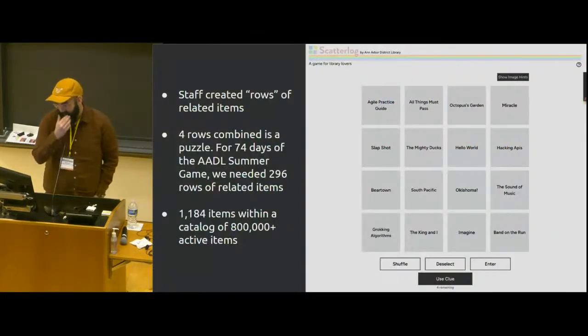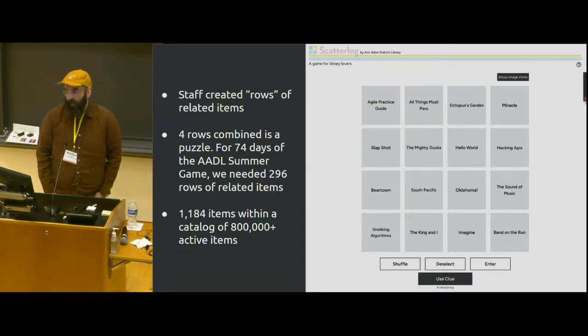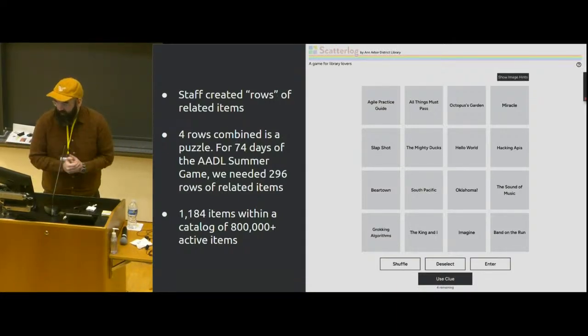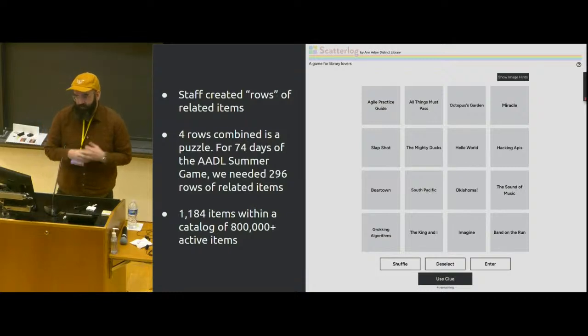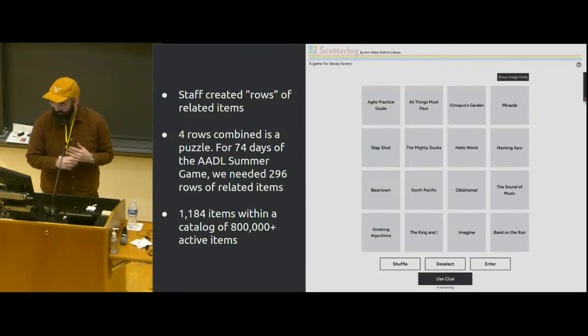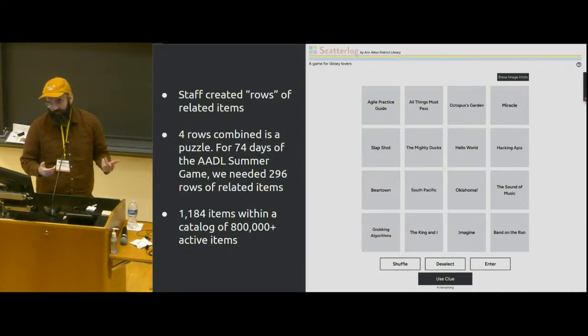This last year I decided I wanted to make a connections-inspired game based off of our catalog items. Early 2020s, New York Times games, very hot right now. So just 8-bit entirely, and it was fun. It really connected me to a whole bunch of the staff across the organization, not just librarians, but especially librarians, because we had to create 296 rows for 74 days,